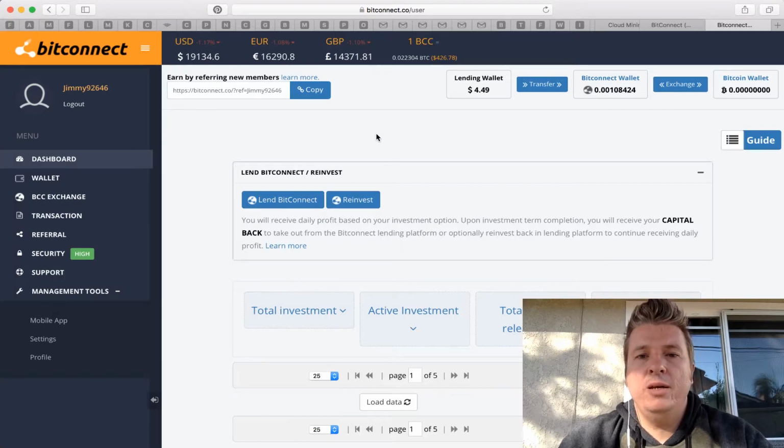I think BitConnect is worth looking into. I think BitConnect is worth investing in. Clearly, if you invest 1,010 or 5,010 or 10,010, you're going to get a much better deal on your earned interest rate than if you invest $100. But my journey was to invest $100 to see what the value created over time was.